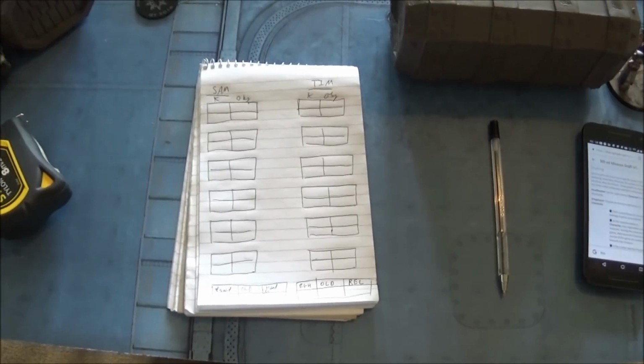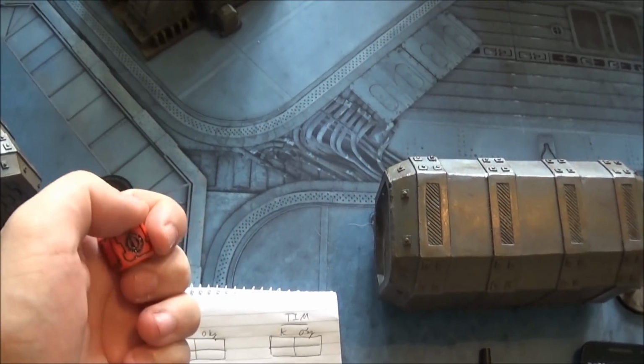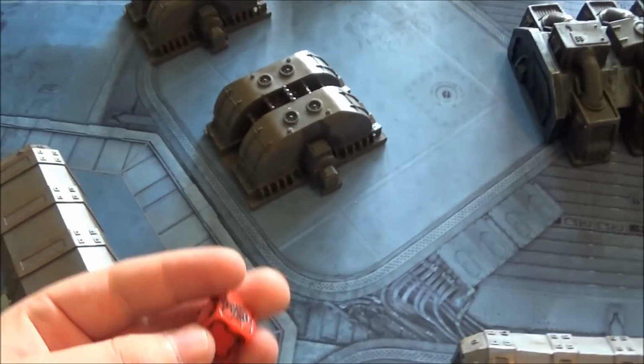We've deployed. Pass me a dice, Sam. There you go. So we're going to see who gets first turn. Sam deployed way ahead of me, so he gets the +1. I get a 1, so Sam can't physically lose. He gets a 5, so I am going to get the big purple dice of seizing